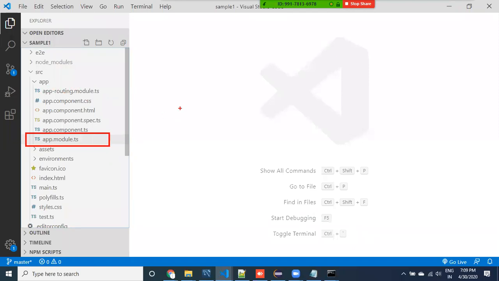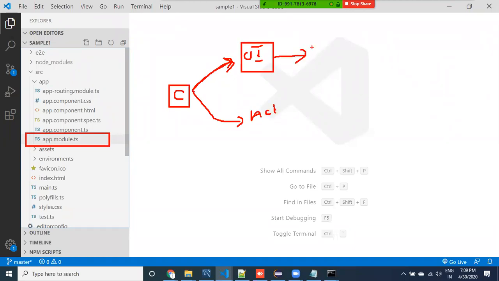If I say one component, it is a combination of two things, right, as I said previously. What are the two things? One is UI, another is actions. For UI, one HTML file will be there.